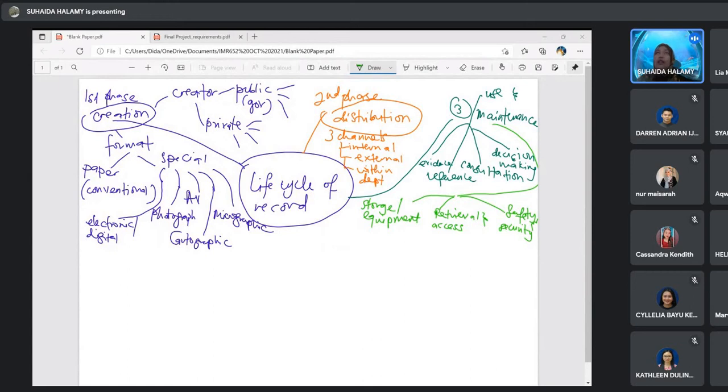Alright. So, suitable temperature for paper. Temperature, I letak kat chat box.